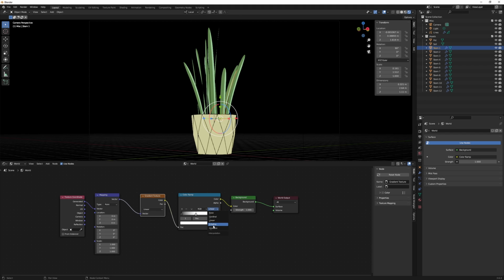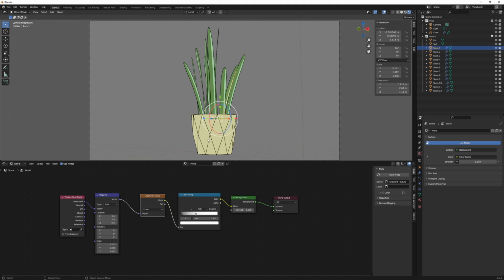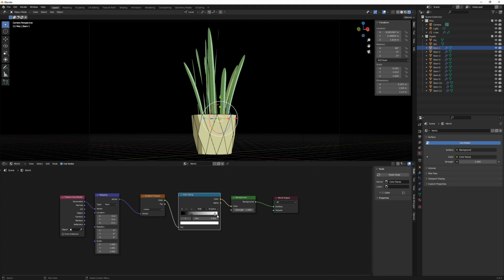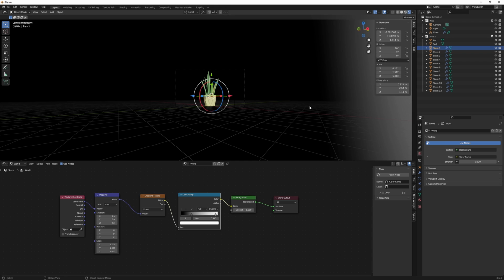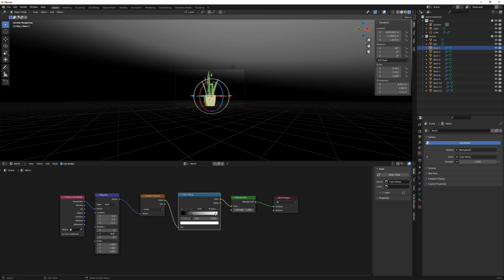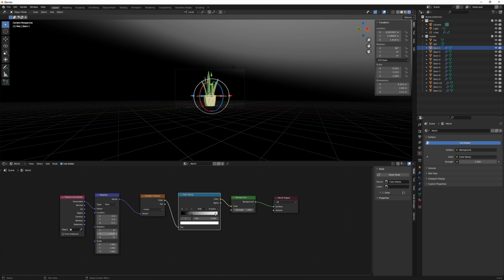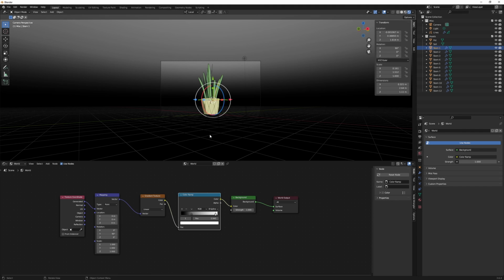And instead of linear, I'm going to change this to B-spline, which is going to give us the gradient. So now if I were to left click and drag this black, you can see we're starting to get a gradient, but it's on the side and not the top down. So to fix that, I want to rotate this in the Y by 90. Or to better give you an example, if I left click and drag in the Y, you can see it starting to turn. So I'll left click in it and hit 90, and now you can see where it needs